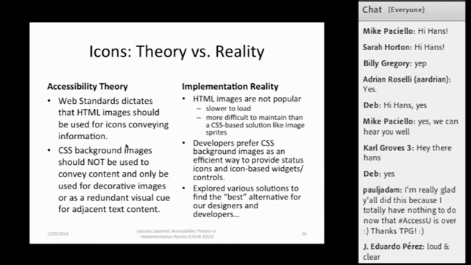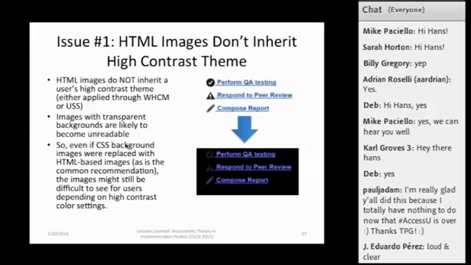Now, this is a lot better than what was happening when we were using CSS background images, because there the image just completely disappears, since high contrast mode strips those images out. So this is the original use case. This is the use case that we initially told people to use, and then they promptly pointed out that a lot of these images still weren't very visible in high contrast mode. So even the solution that we recommended wasn't that great for high contrast mode.